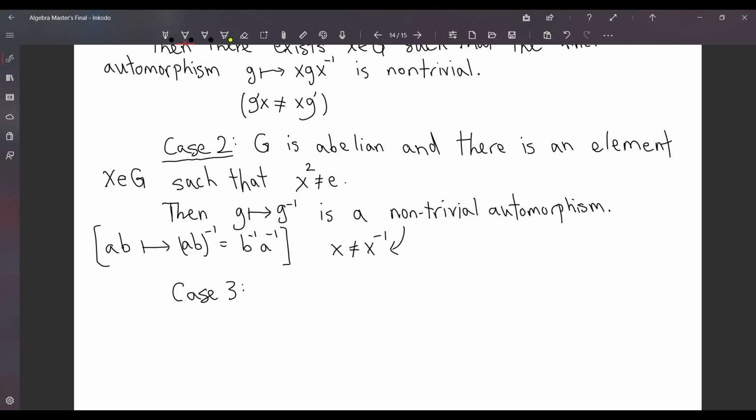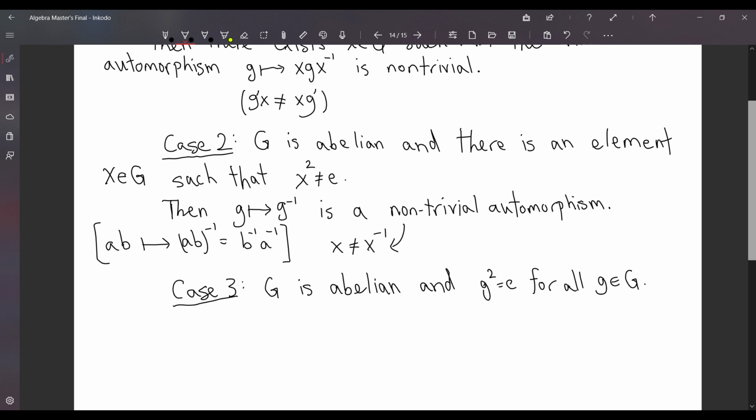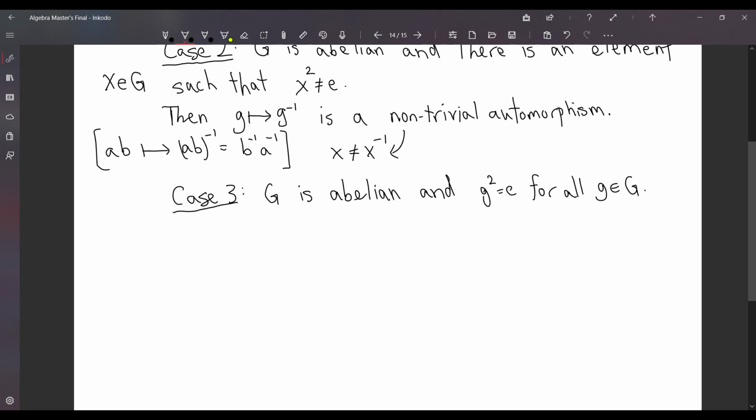Then our third case is G is abelian, and G squared equals E for all G in G. And so in this case, now essentially abelian groups,